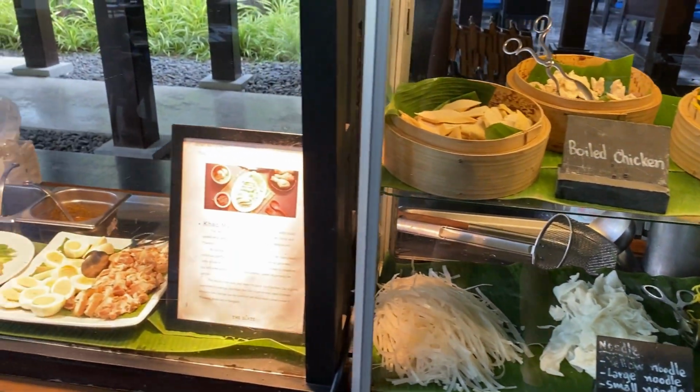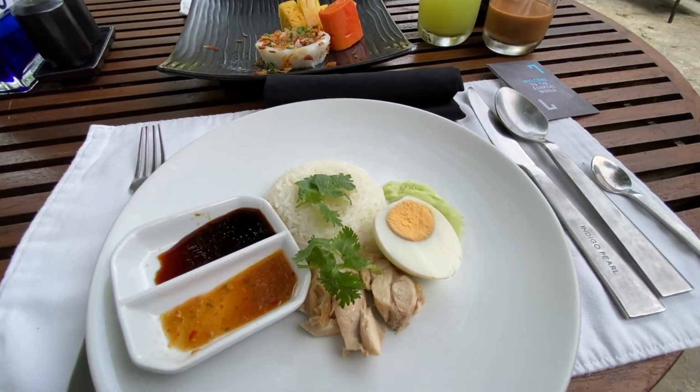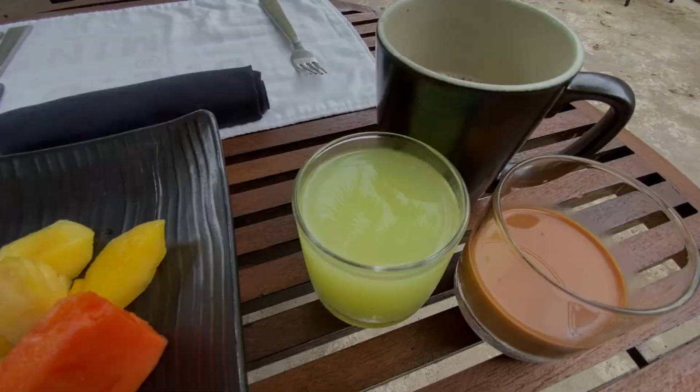However, the highlight in terms of dining is still coming up. A dining venue that made me feel like being in a James Bond movie. But first,